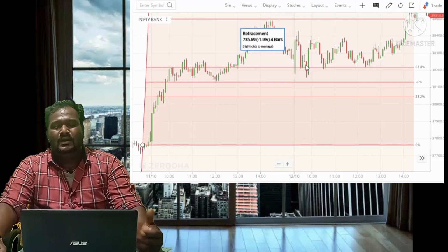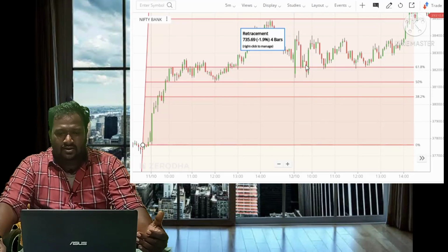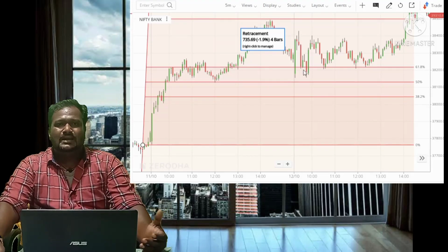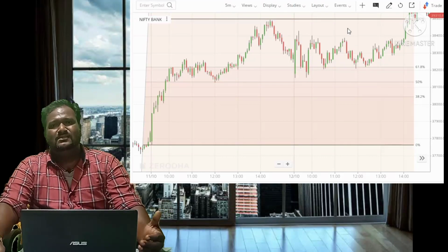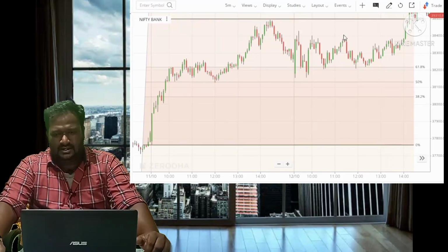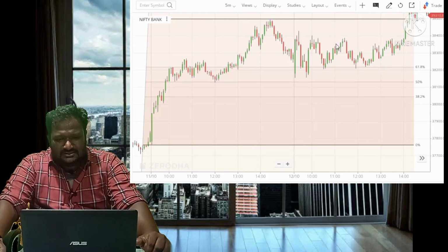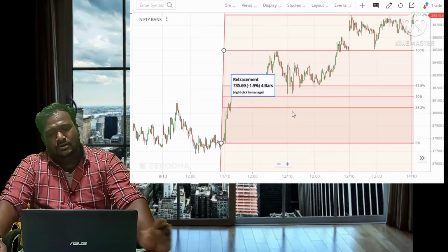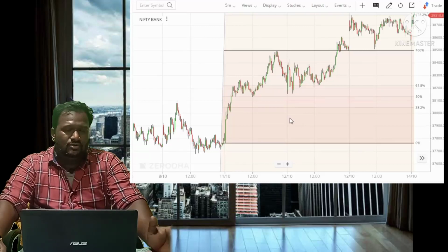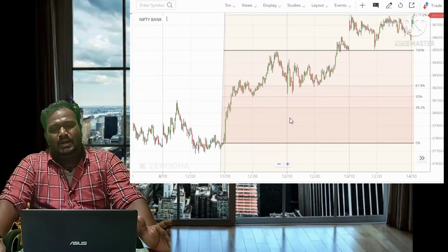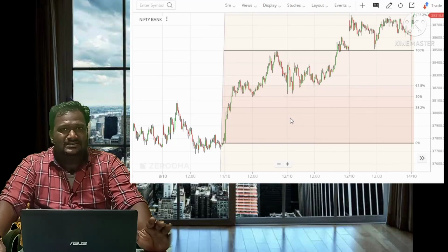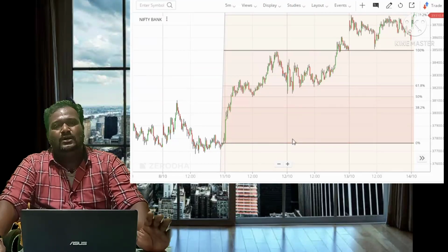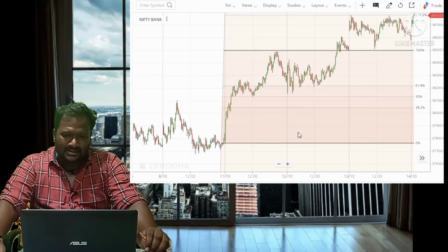You need to buy a call option. If you buy a call option here, then the market will go up, so the call option will increase, and wherever you want you can book the profit. Okay, at the same time, if the first candle close lies below this 38.2, it will be a downtrend market. At that time you need to buy a put option, and the point is the resistance line, that 38.2 point, you need to buy.